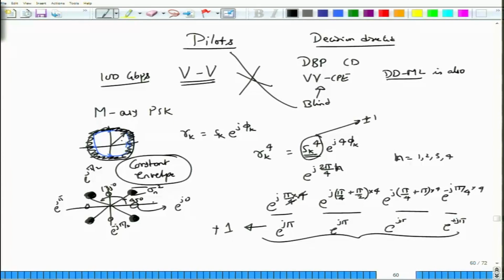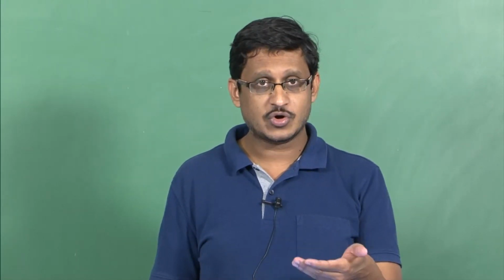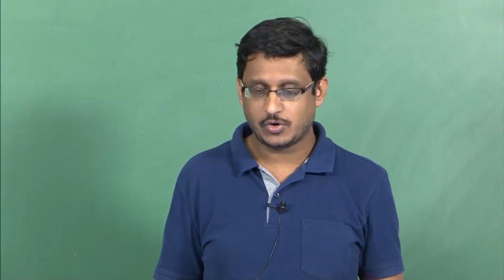So what you have done is, without knowing which of the 4 symbols I have transmitted, you have converted that Sk power 4 into either plus 1 or minus 1, but in both cases the effect of modulation has been removed, right. So we have removed the modulation effect by simply raising it to the appropriate power for the constellation, in this case 4 or in some cases 8, but this is done without knowing what has been transmitted. That is a big difference, because if you do not know what you have received and yet you are able to remove the modulation, that is a very good point, right.